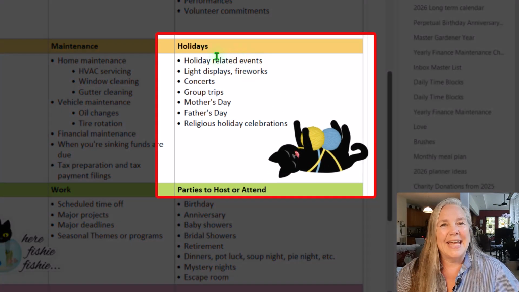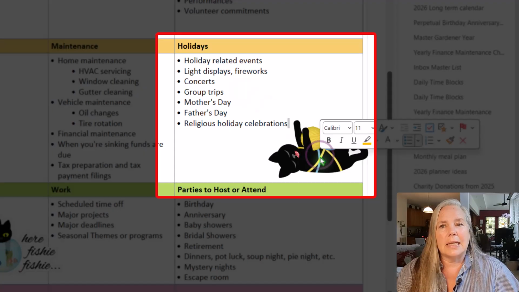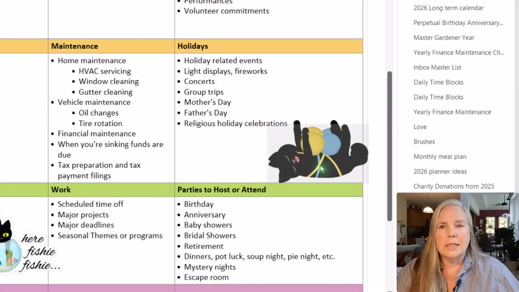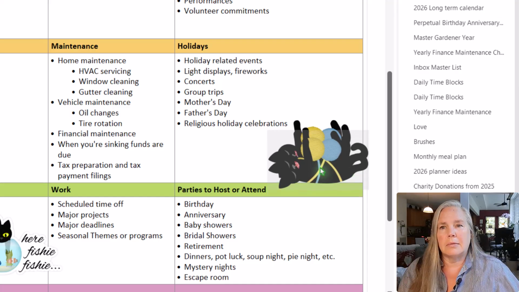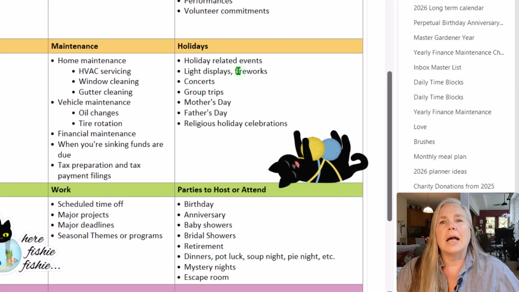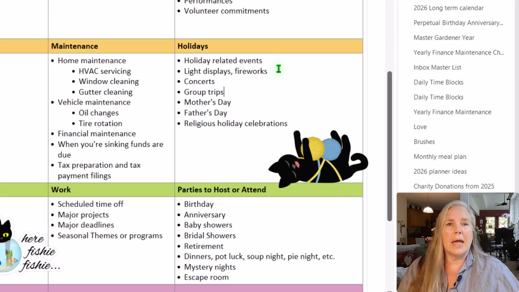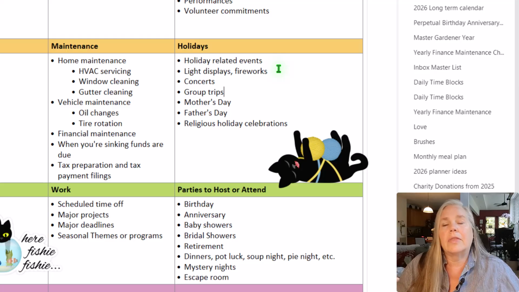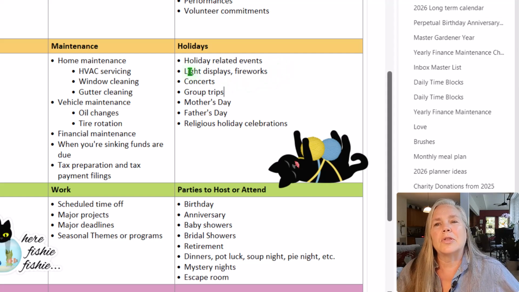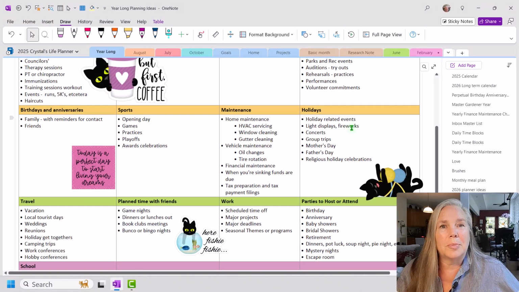Okay. All right. And then over here to holidays, you see Sassy Cat is just having a great time over here. This little sticker, I'm going to move him down just a little bit. There you go. Holiday related events. Now that, again, you could think big holidays like the winter Christmas holidays, Hanukkah, that kind of thing. But you can also think about Easter events. You could think about 4th of July events, Memorial Day events, Labor Day events, all of those kinds of things, okay? So there might be light displays or fireworks that you want to go to, concerts that are related to those particular things as well.